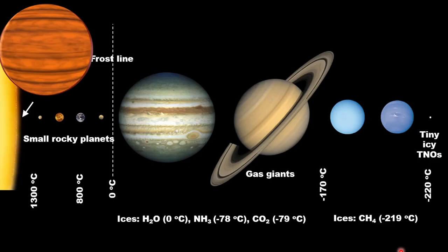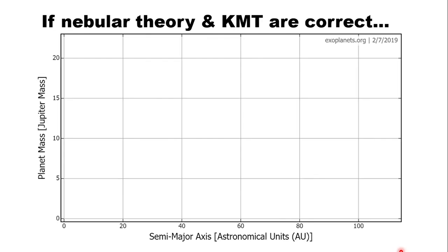So the observations of 51 Peg B were confirmed, and there was indeed a gas giant orbiting 8 million kilometers from its parent star. That was a complete mystery, but it was just one strange anomaly. And yet the problem got worse, because we can see this graphically as more extrasolar planets were discovered. The problem compounded. Okay? We have here a graph, and this graph shows the distance in astronomical units of a